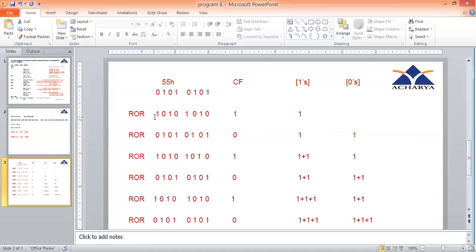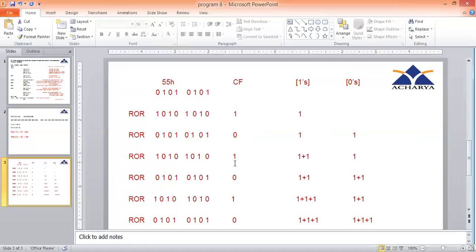Now let's go for one more rotation. So rotate right. What will happen? This 1 will come here, 0 1 0 1 0 1, and this 0 will go to the carry flag and a copy will come and sit in the MSB. Now you monitor the carry flag. If it is 0, then you increment the counter for 0. In the same way you proceed further.